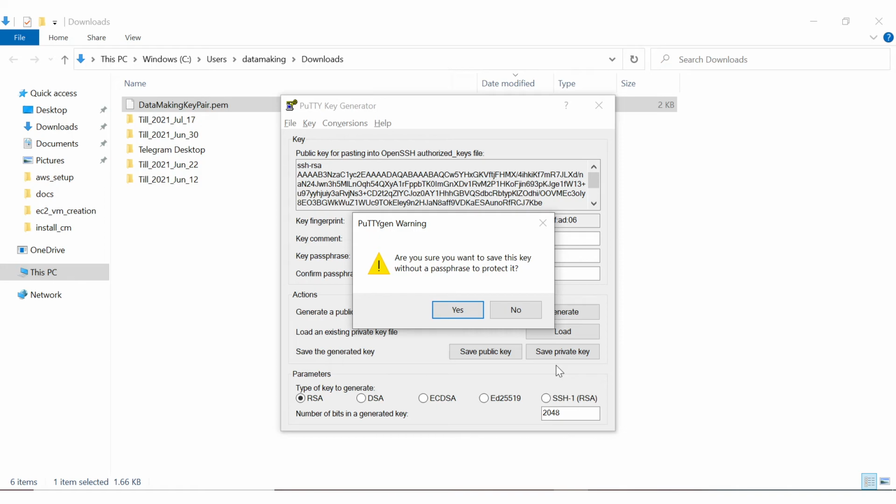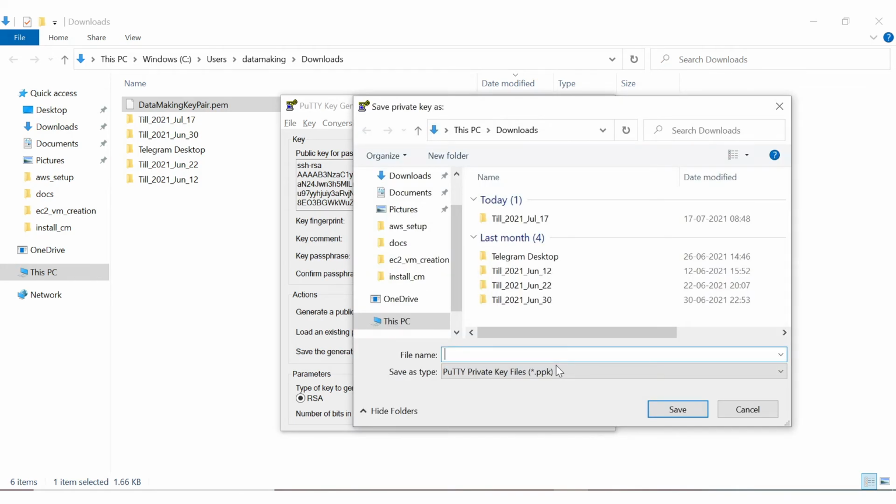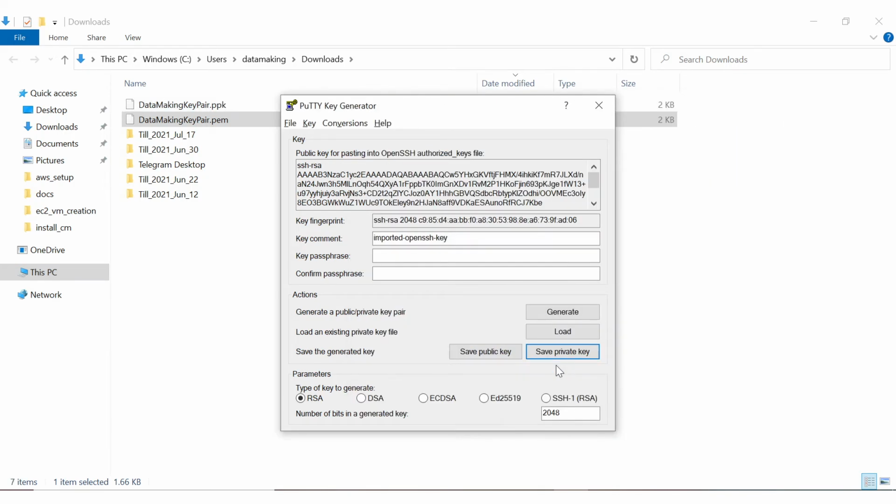There will be a warning, you can just say yes, choose the location where you want to keep the ppk file and give the name. I just gave the same name, data making key pair, so it is the data making key pair dot ppk file. The ppk file is ready.